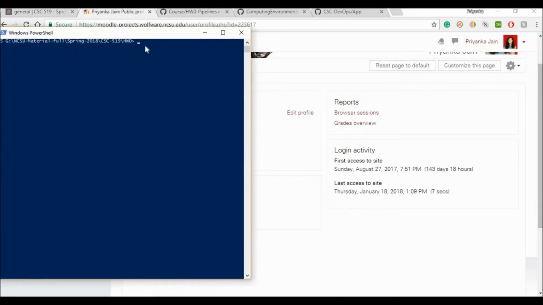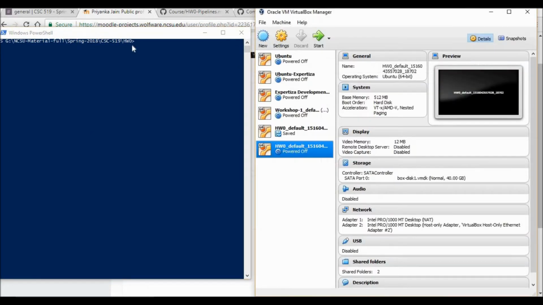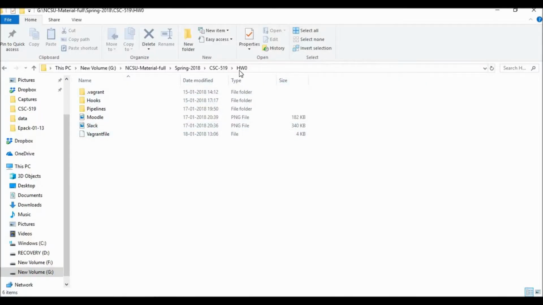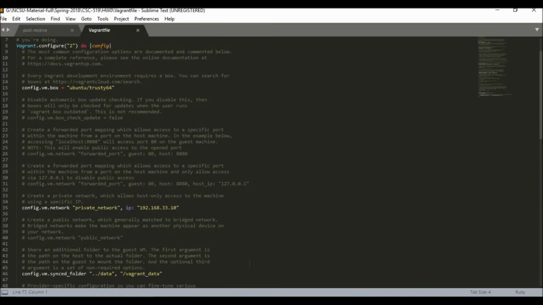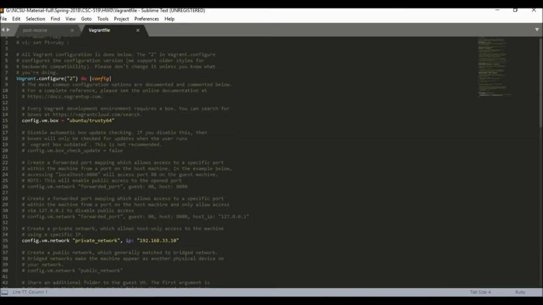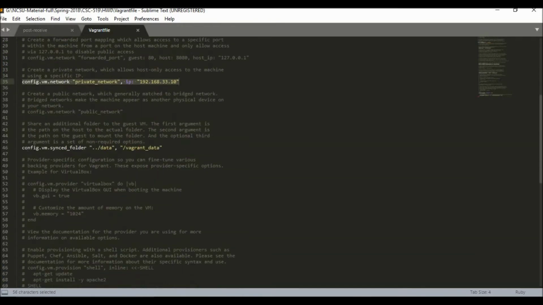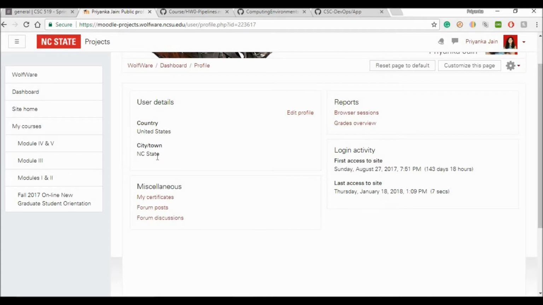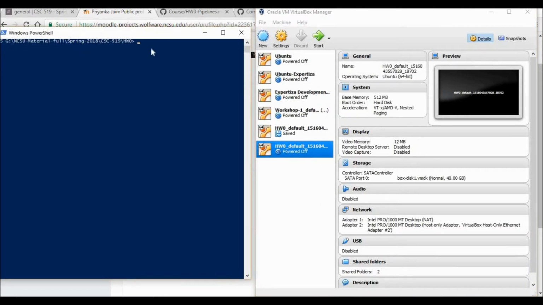In the computing environment, I'm going to go inside the HW0 directory and do vagrant init Ubuntu 64. As you can see, I've actually already done the virtual machine setup. As I do the vagrant init, a Vagrantfile is going to be created inside the HW0 directory, and this is the file. To configure the various details of the virtual machine, we're going to open the Vagrantfile, and here I've set up the IP address for the machine and created a sync folder. Now let's first start up the vagrant,